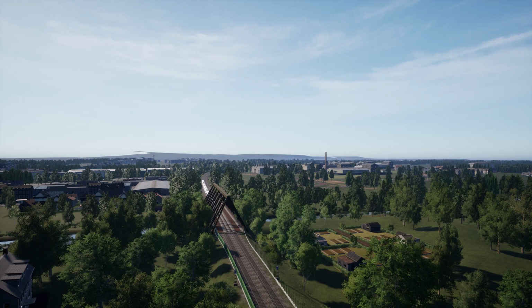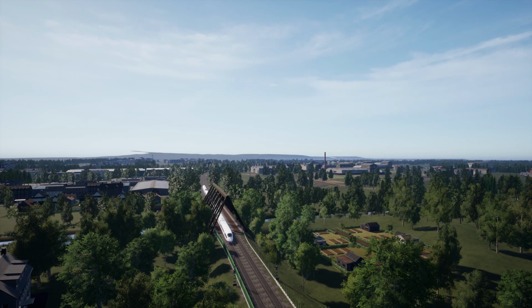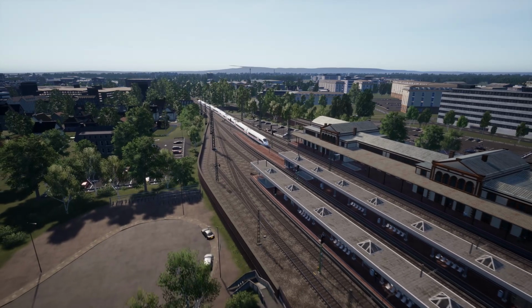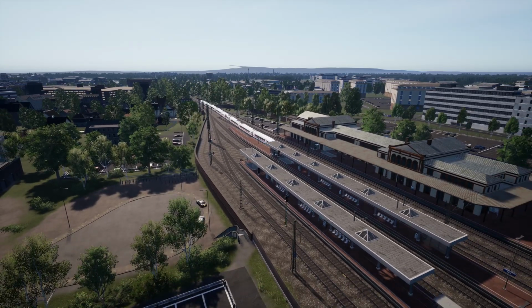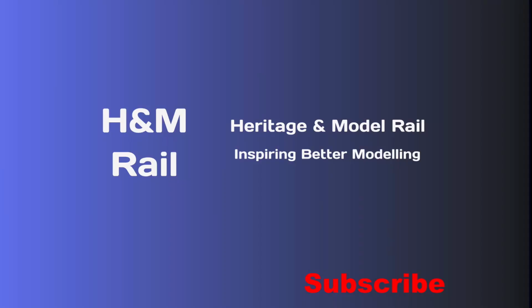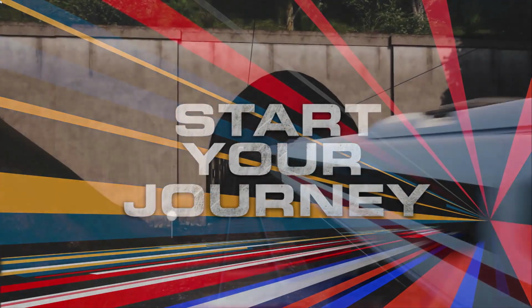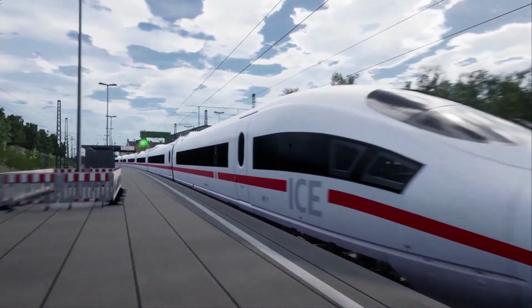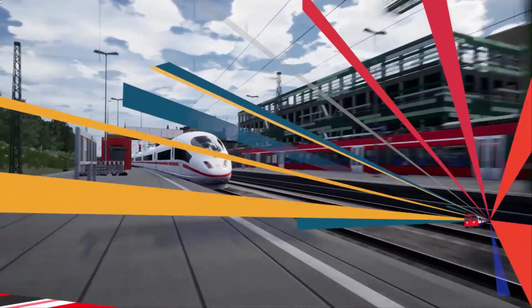This video shows you how to use Train Sim World 2 to design your next model rail project. I'm concentrating on an exhibition layout, but you can use the same principles and techniques for static layouts at home. This is part one of a multi-part series showing you how to design your next model railway exhibition layout with